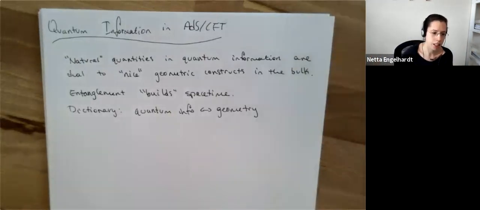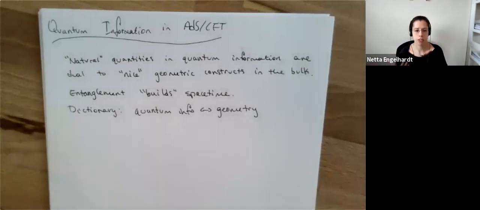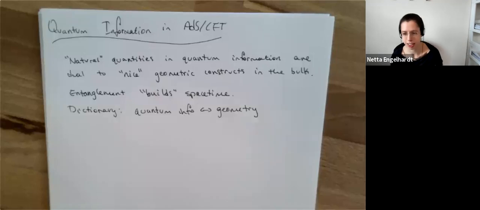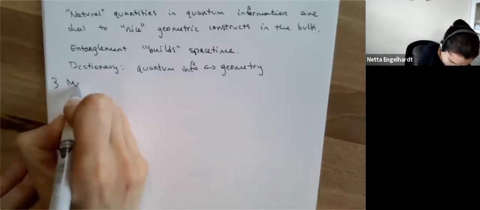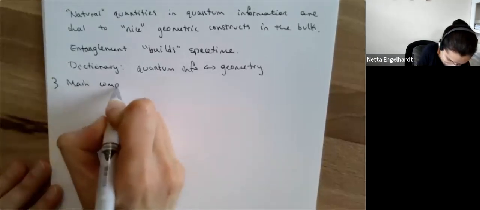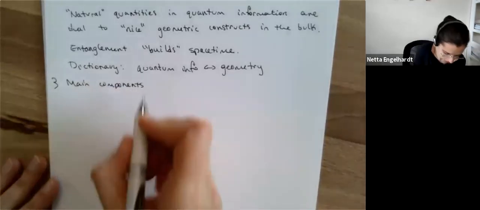So the most fundamental player on the stage for us is going to be the bulk region, the so-called entanglement wedge, which you've all probably heard being talked about. And this course, on a very optimistic estimate, potentially too optimistic, is going to have three main components. We'll definitely get to part one and parts of part two, and we'll see how we do with part three.